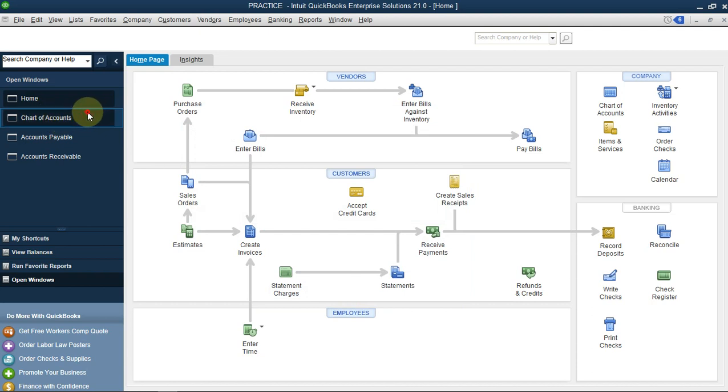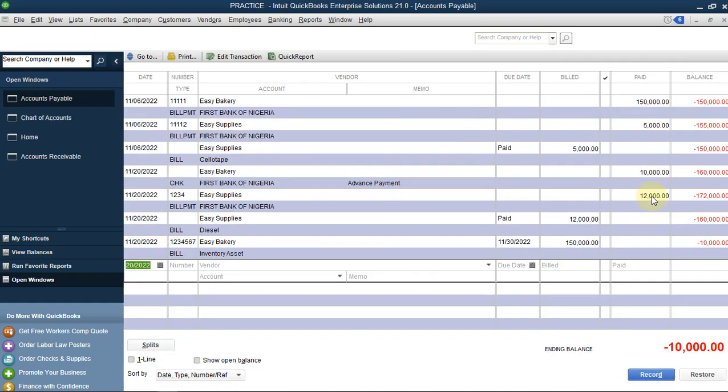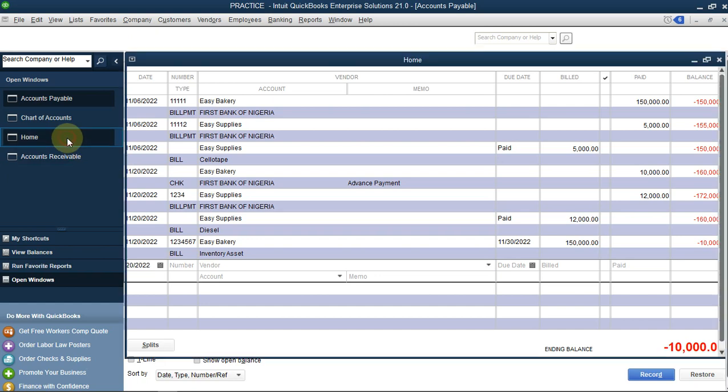Now let's go back to the account payable account. Let's go through the chart of accounts. Going back, you see the 10,000 we were owing before, double click on that, has now reflected. So you can see 12 in and 12 out. That has explained how a bill works. So you only enter a bill when you want to pay later. So going back to home,